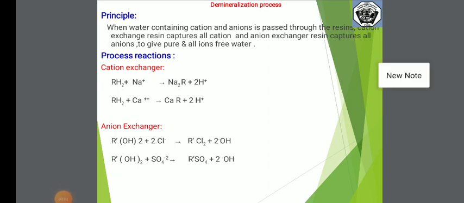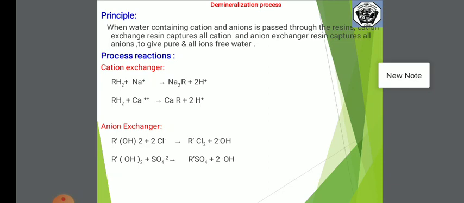Hello to all. Here I am going to explain the ion exchange process, which is also called the demineralization process or the deionization process. Water obtained from the zeolite process contains sodium ions. Boiler feed water should be as free as possible from all types of impurities. Such water quality can be obtained by the demineralization or deionization process. Demineralized water is soft and does not contain any dissolved salts.